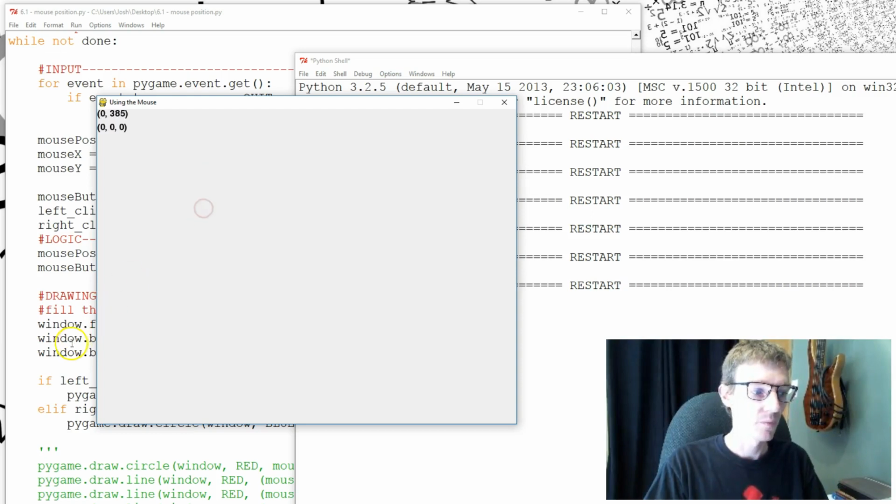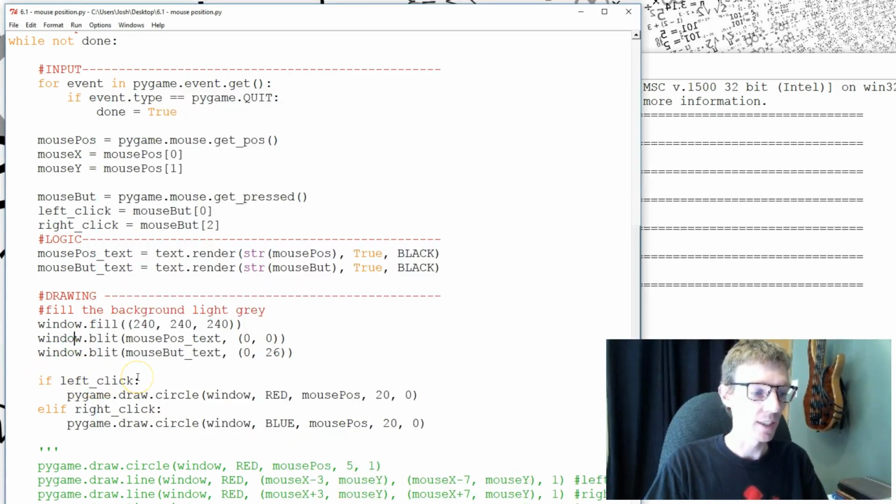And why is that? Because in this if statement, what happens is it's going to do the first one that becomes true. So I am left clicking. I'm left clicking and right clicking, but I'm left clicking. So it's going to do this one, and it's going to skip over all of the other conditions in this block. Now, if I wanted it to try to do both, if I changed this to just an if,